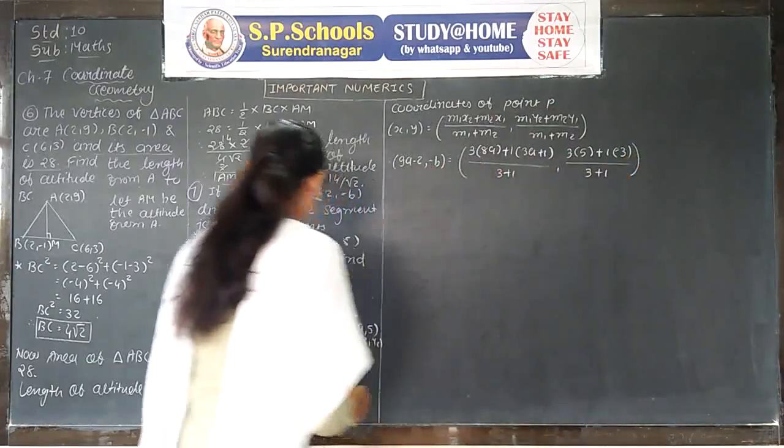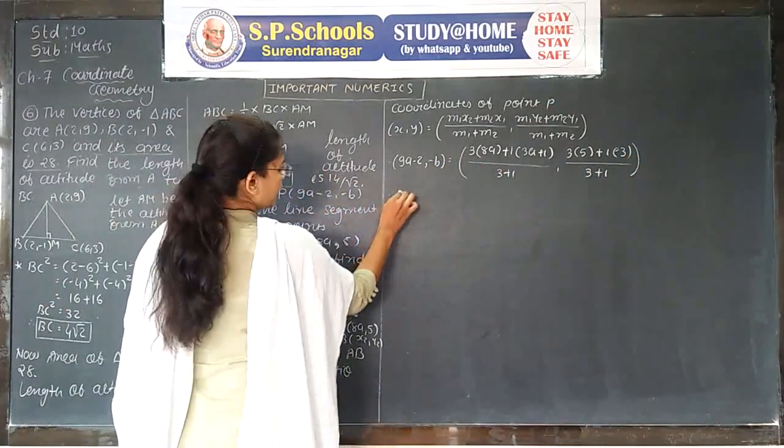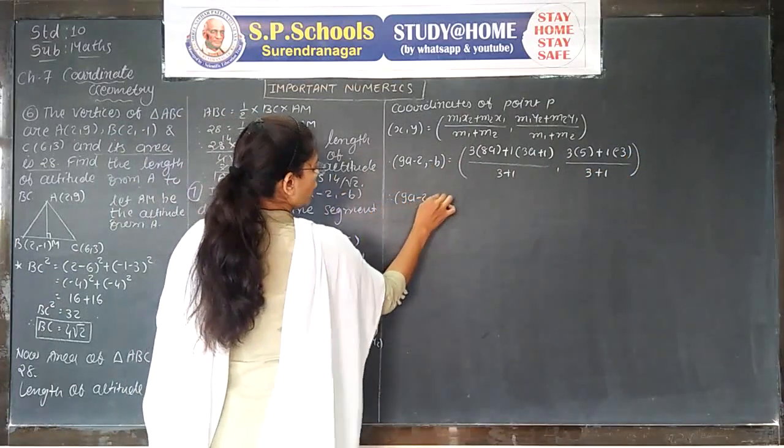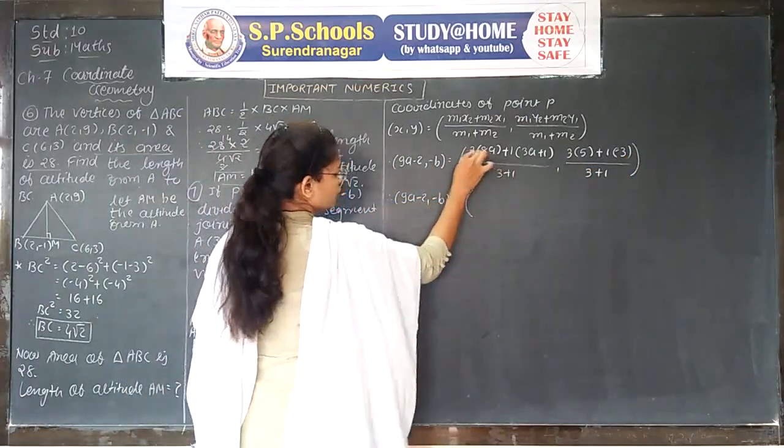Bracket is over here. Therefore, 9a minus 2 comma minus b is equal to